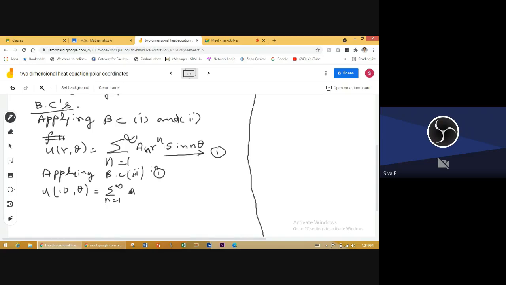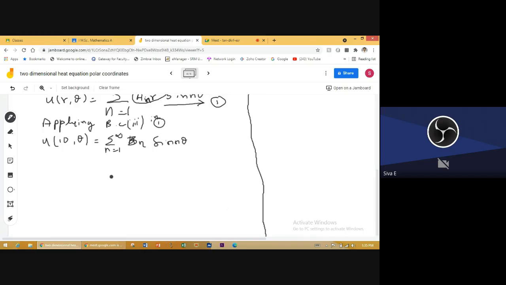You take that A n r power n equal to some B n value, capital B n sin n theta, which is the half-range Fourier sine series, where B n equals 2 by pi integral over 0 to pi